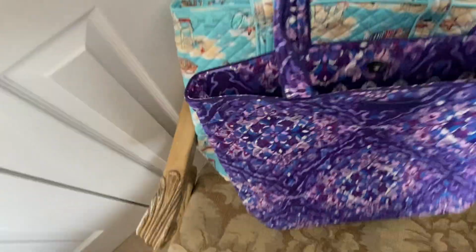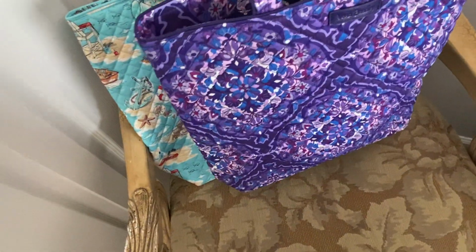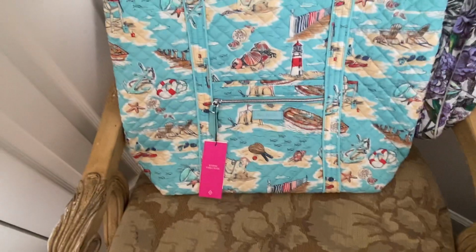No interior zipper pockets, no exterior zipper pockets, just a simple tote. So, love that one. And then this is, oh my gosh, guys,